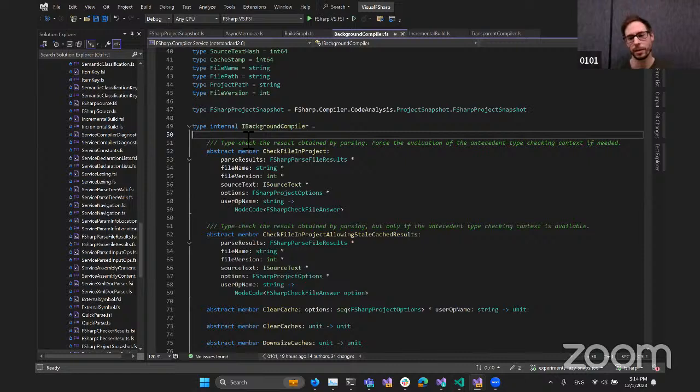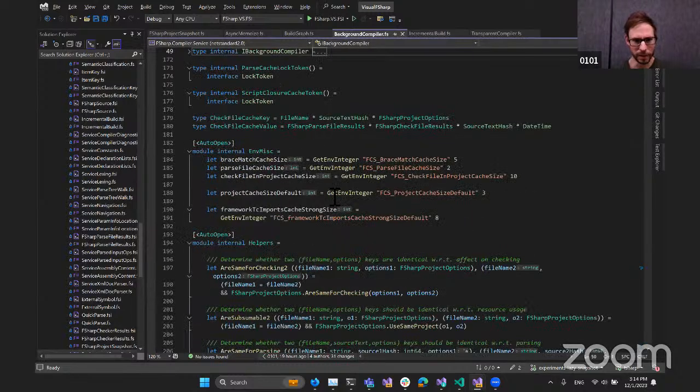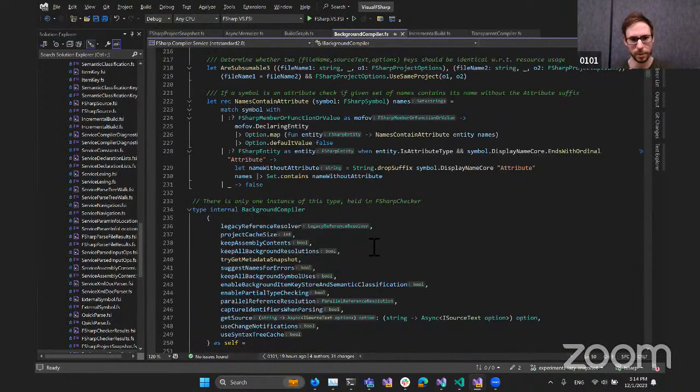It had to change a little bit to allow for passing F# project snapshot instead of options, but that's easily convertible, so that also the old background compiler implements the new interfaces. But anyway, let's see, we want to have a look at